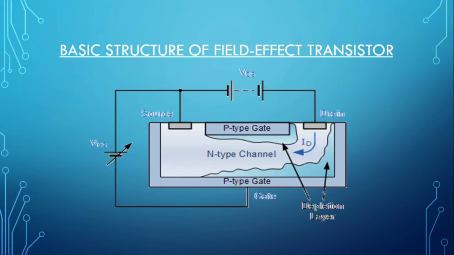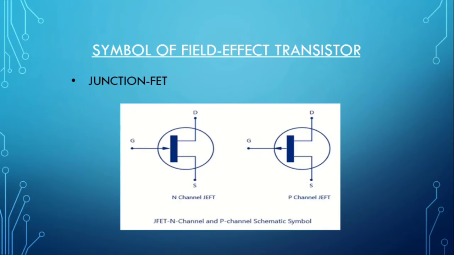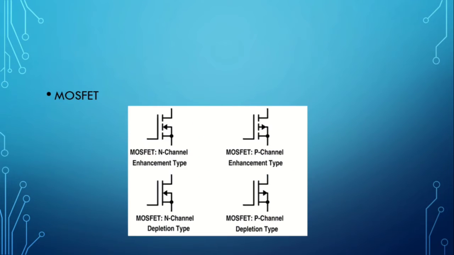The diagram shows the basic structure of a FET. We can see there are three terminals which are drain, source and gate. There are two depletion layers. There are two symbols of JFET which are N-channel JFET and P-channel JFET. There are four symbols for MOSFET which are N-channel enhancement type, P-channel enhancement type, N-channel depletion type and P-channel depletion